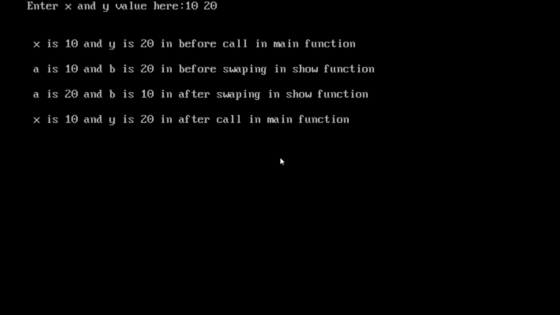Then you can see that it's like a Xerox copy passed to the function. The original is with me in main. So local variables are as they are, untouched. So it returns back its own original values, that is x is equal to 10 and y is equal to 20.